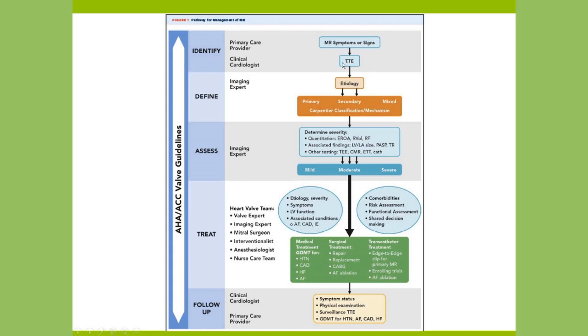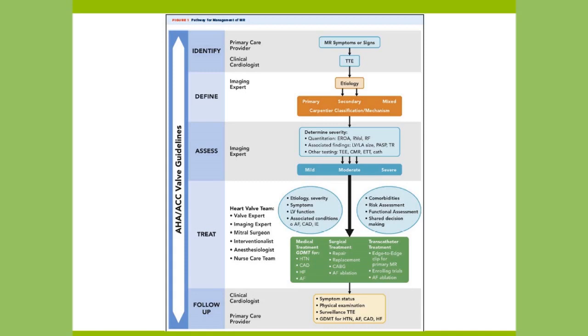Once you do that, the next step is to find out, why is it present? What is wrong with the valve that makes it leak? It's not sufficient to say on an echo report there is severe MR. You have to know why. And the reason is, if you know why it leaks and what the mechanism is, you know how to fix it. If you don't know what's wrong, you don't know how to fix it. So we really need to focus on this when we're doing an echo. And sometimes we need to turn the color off and look at the valve and identify what's wrong with it.